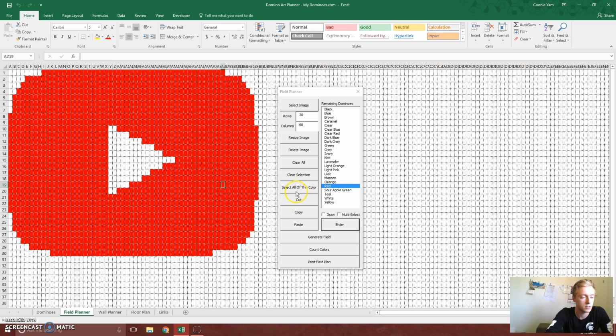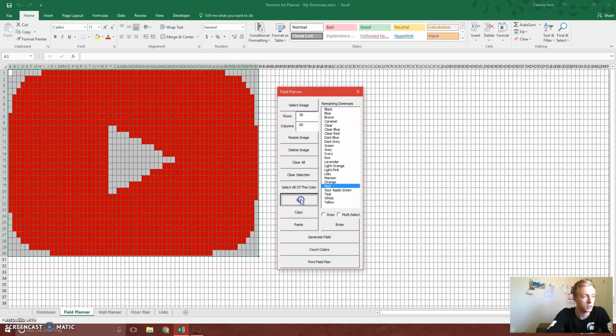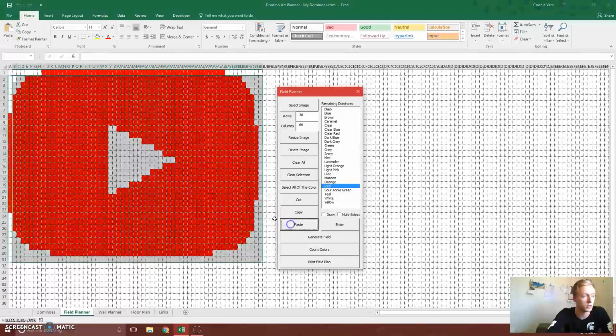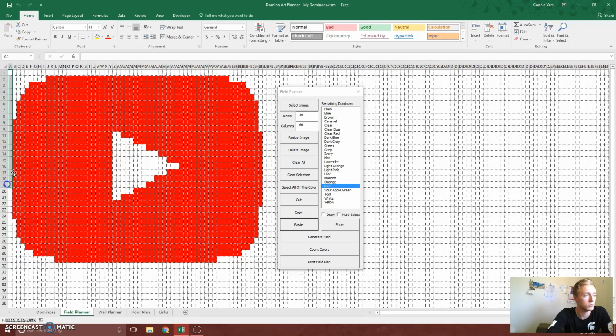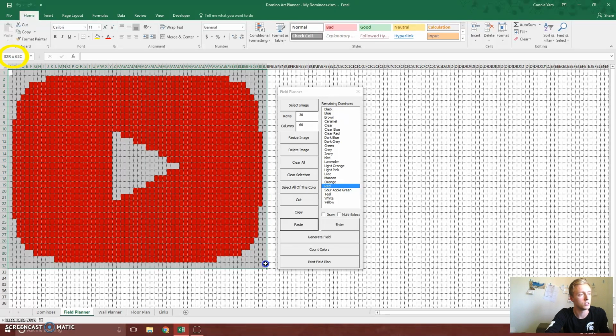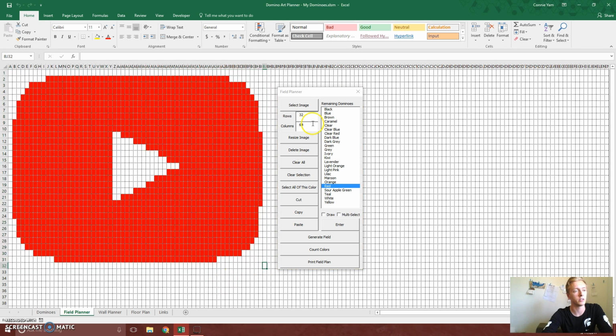Cut, copy, and paste. Everyone knows how those work. Let's do an example. Let's say I want a border of one white row on all four sides of the field. So I've changed the field size to 32 by 64, which you can see in the upper left hand corner. So what you need to do is update this so that the program now knows the field is 32